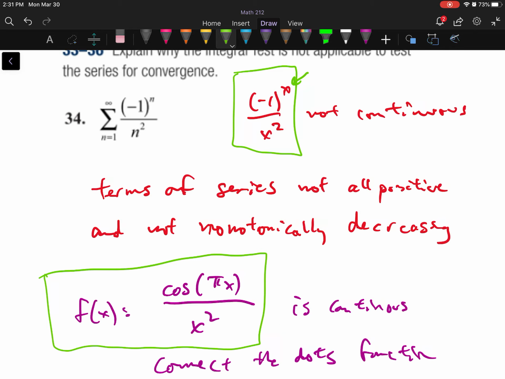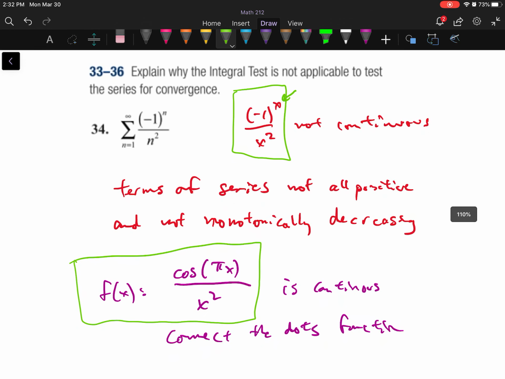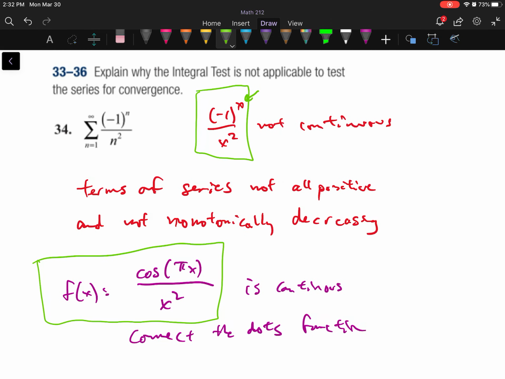So that would be a better choice for your function defined in terms of x. But even if you use that function, the terms of those series would not all be positive and monotonically decreasing. So again, the integral test wouldn't be great here,